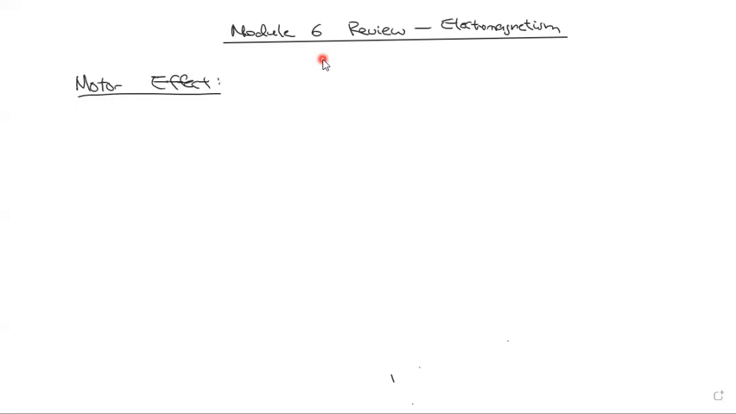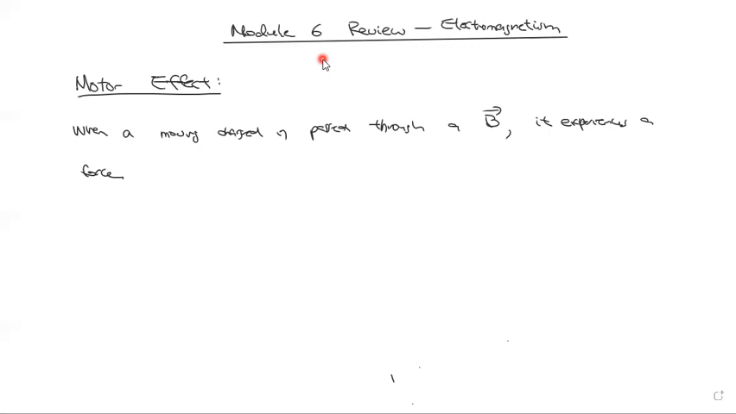All right. So the motor effect is basically when a moving charge is passed through a magnetic field, which is represented by a B, then it experiences a force. Now, force is a vector, so the magnitude of this force is calculated by QVB sine theta, where Q